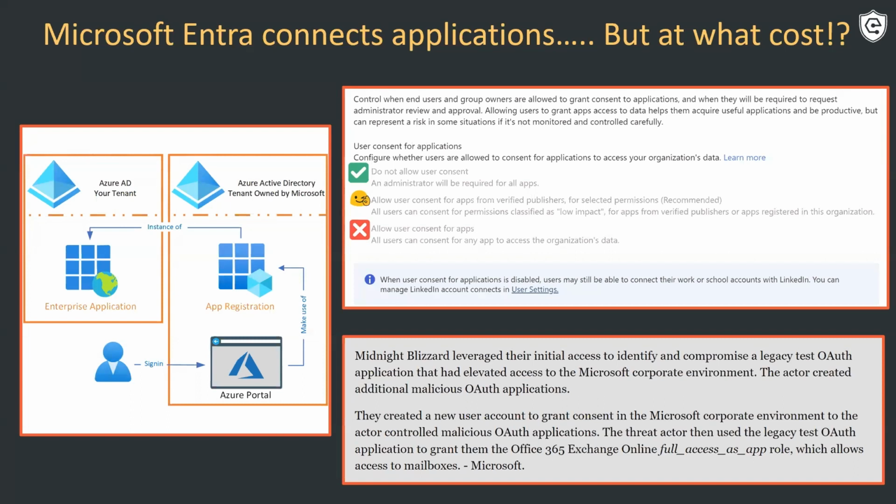Yeah, I'm sure you all have heard or read the news, but Microsoft was attacked by Midnight Blizzard, and under this same method, they had a test tenant, they had an OAuth app that had access from their test tenant into their corporate tenant, and it had full Exchange access. So that's game over for Microsoft, right? Every mailbox is now open for that team of bad actors to basically plan that next attack, which for them was just more intel on how they work, and some code. So making sure you understand what apps you're connecting and how much permission they have, and auditing that permission, is critical in protecting Entra.